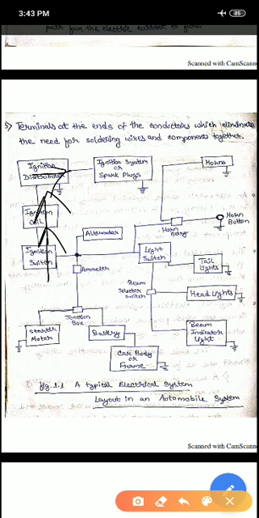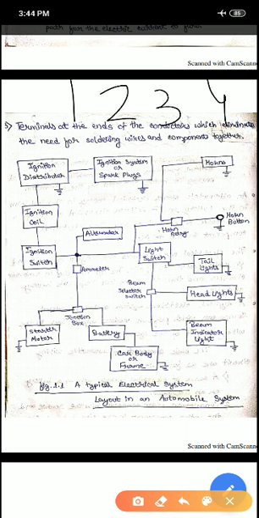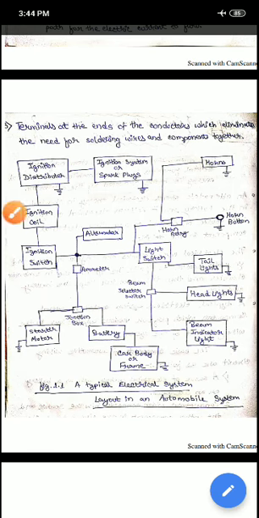So what does a distributor do? A distributor basically distributes the electricity. Actually, it sets the timing in which cylinder or in which combustion chamber the ignition, or the spark, will take place. Suppose there is a 4-cylinder engine, and the spark needed is in cylinder number 3. So who will decide to put the spark in cylinder number 3? The ignition distributor will decide the spark must go on in cylinder number 3, right? And this is followed by the ignition or spark system, right?